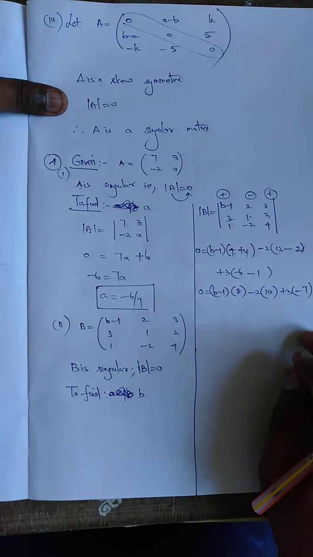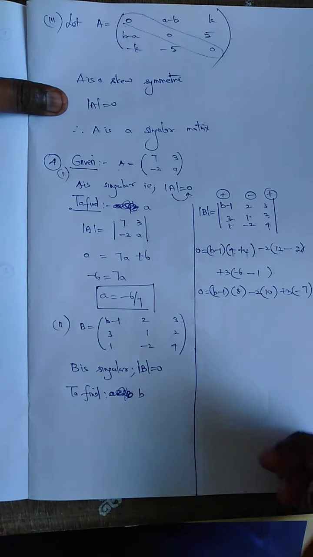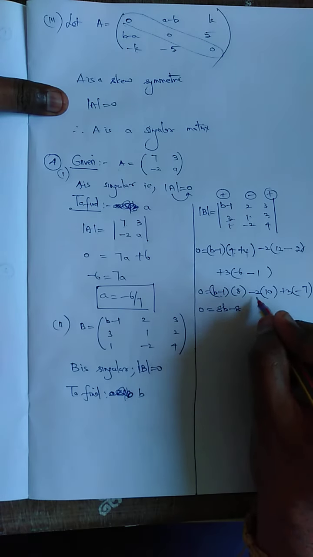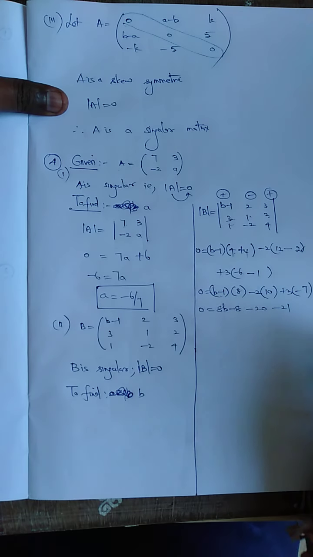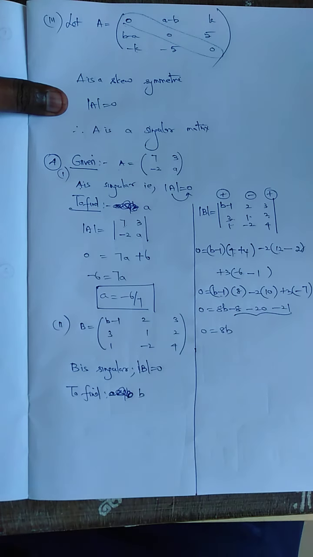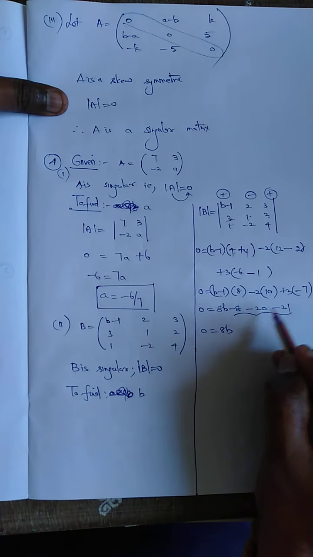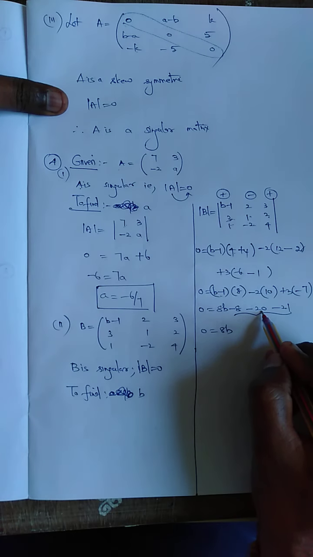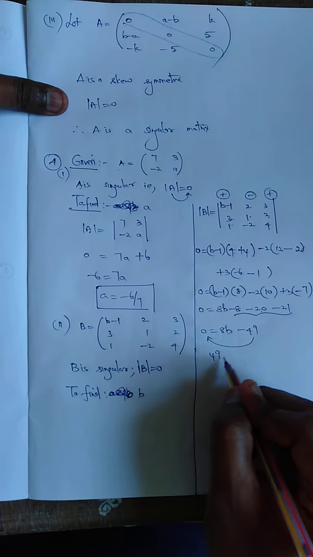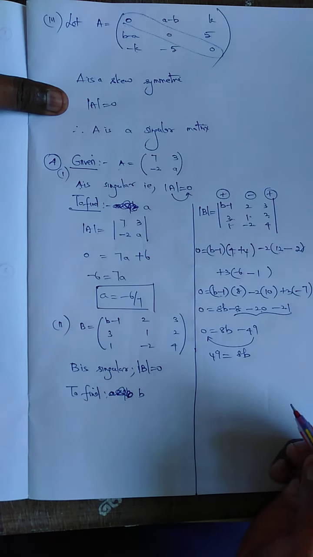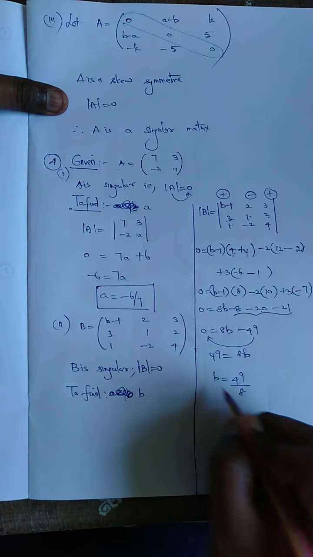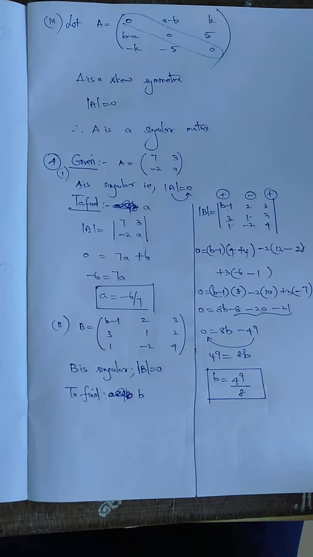So we have got some answers. We will now proceed with this sum. 0 is equal to 8 into B is 8B minus 8 minus 20 minus 21. So I need to arrange this. 0 is equal to 8B minus 21 minus 20 is minus 41. Minus 41 minus 8 is nothing but minus 49. Minus 49 becomes plus 49 is equal to 8B. Therefore, B is equal to 49 by 8. So this is the required answer for this sum.